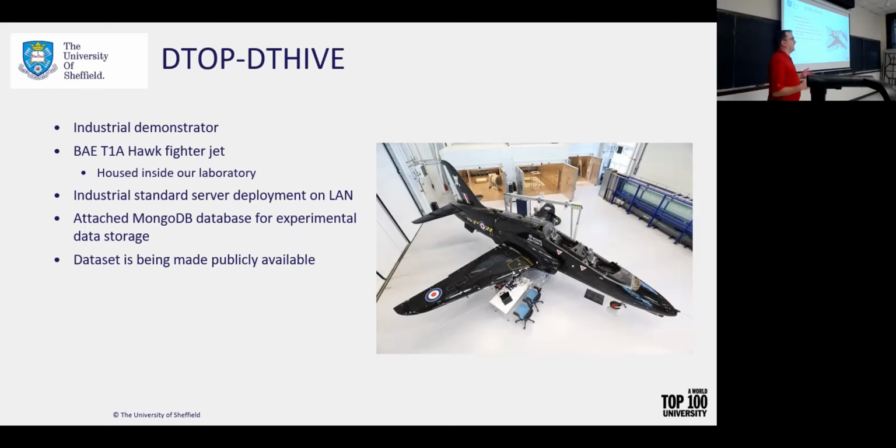For those in aerospace, it's the BAE T-1A Hawk. So this is the same fighter jet that the UK equivalent of the Blue Angels used for things like parades and for like the Queen's Jubilee that happened last summer. There's a lot of Hawks flying in the air for that. Typically it can go supersonic. It's mainly used for training new pilots.